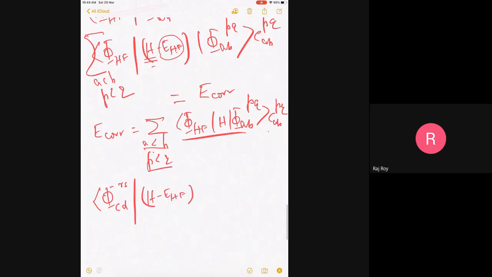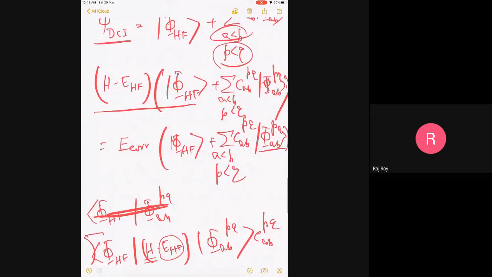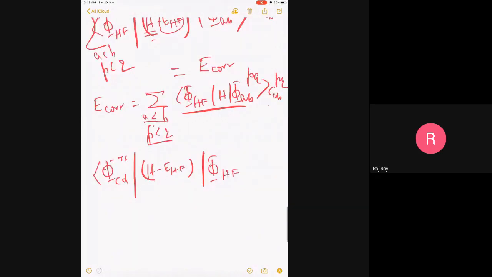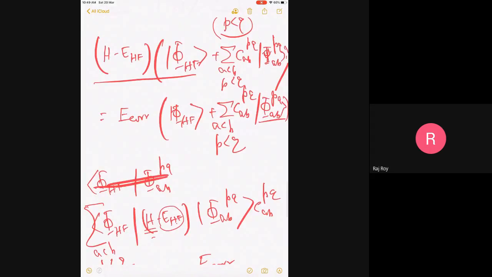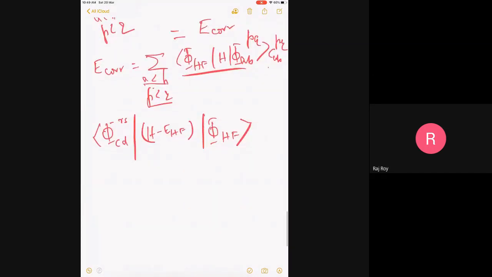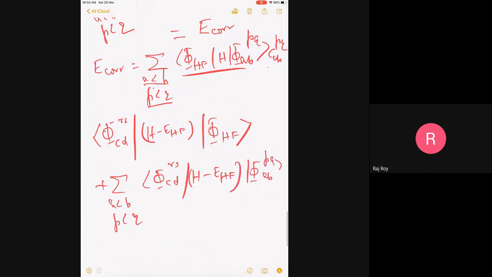I'm basically projecting the same Schrodinger equation with one of the double excitations. So phi Hartree-Fock, okay, and then doubles with the doubles, so it will become the sum over A less than B, P less than Q, phi CDRS, H minus E Hartree-Fock, phi ABPQ, C ABPQ,